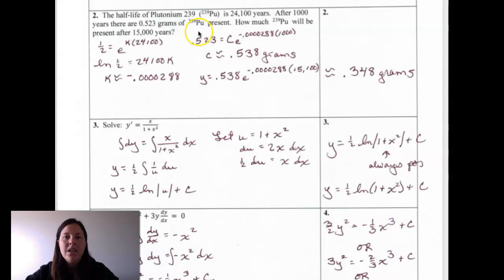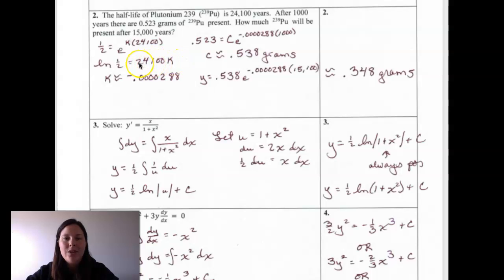Second equation, there's a lot that we have to find before we can actually answer the question. Two unknowns, the k value and the initial amount. So first I used that half-life time. So the time that it takes for this to decay to half of its original amount, subbing those in and then solving for k. Taking the natural log of both sides, it will cancel that e, and I get my